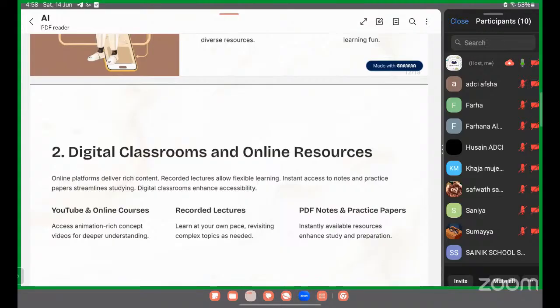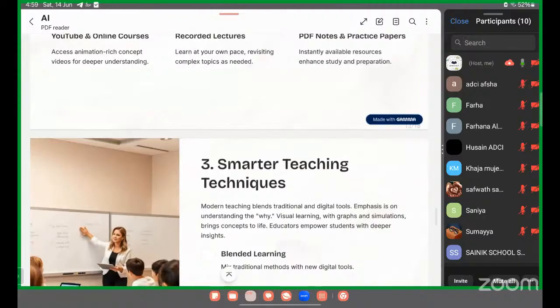We can zoom in, zoom out, and plot multiple graphs at the same time. So these are the benefits of blended learning, mixing the traditional method with the new digital tools. Conceptual focus emphasizes understanding the why behind the maths. There is one more thing: visual learning. Utilize graphs and simulations for clear concept illustrations.